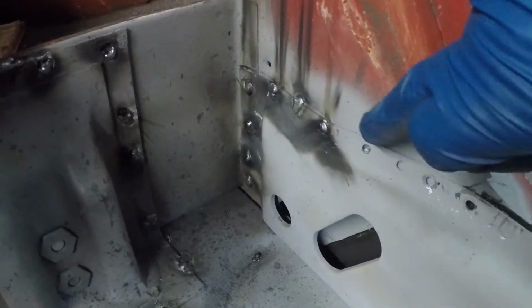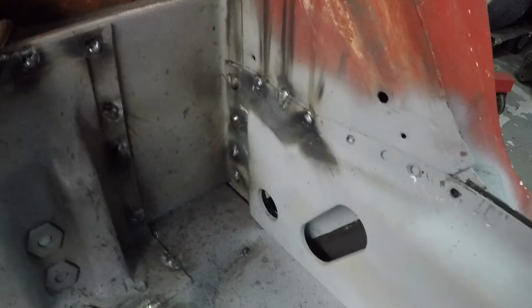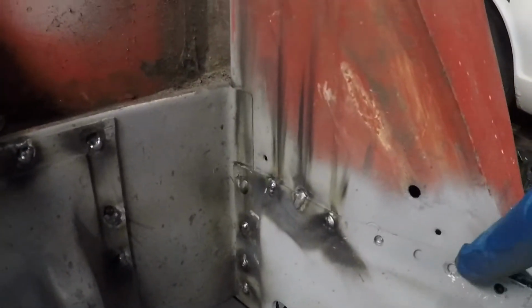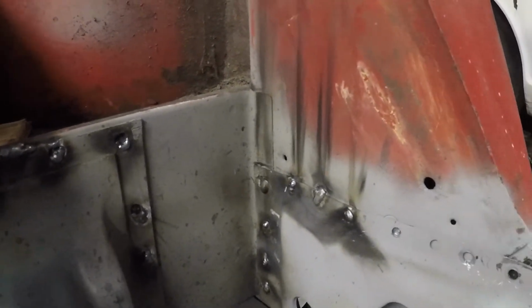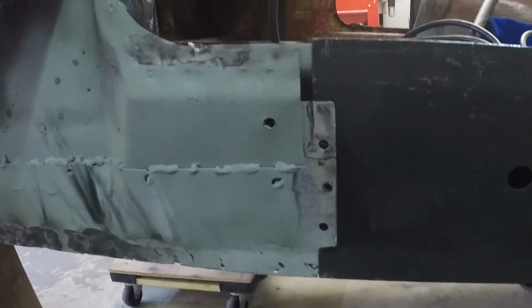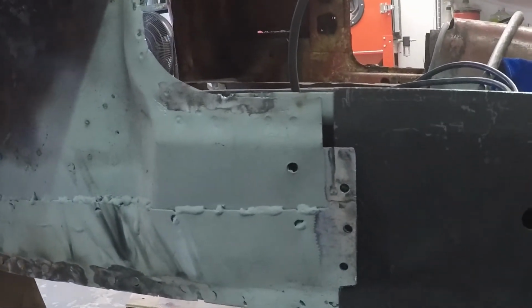These several in here. The strengthener, which you can just barely see the lip of, I'll come around the other side. You can kind of see that black in there. That's the strengthener. I didn't want to weld too many of these because I didn't know how far back I'd have to slide that strengthener. I wanted to have a little bit of give in there. So the strengthener is just sitting in there right now. Got a little overlap there. Kind of matches with the original